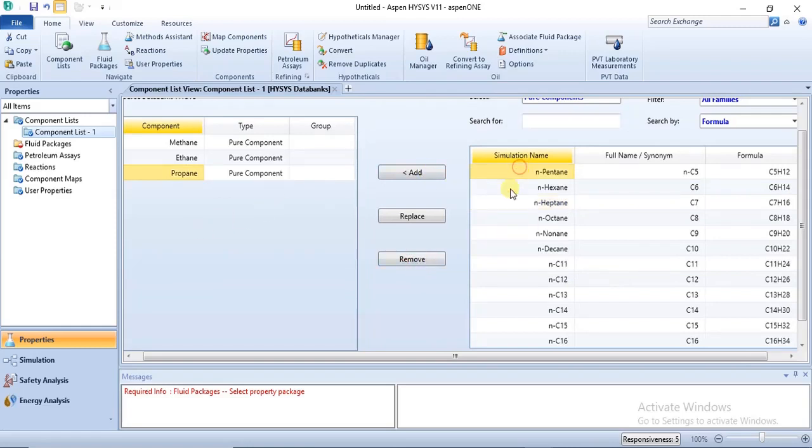Then you also have replace, right? So if you want to replace, for example, propane in your component list with N-pentane, right? You ensure that the two components involved are highlighted. So I want to replace propane with N-pentane, right? So you ensure that both of them are highlighted and then you click replace,